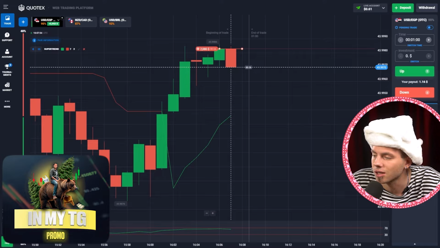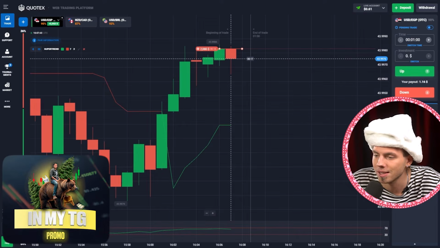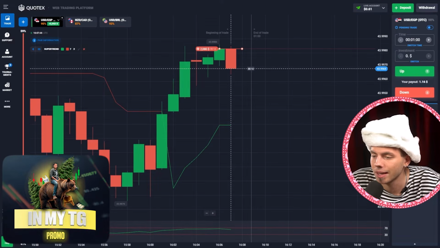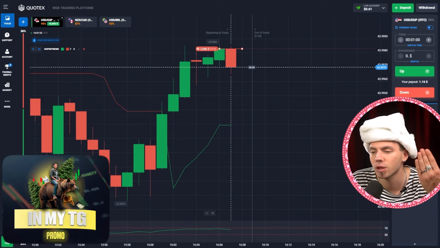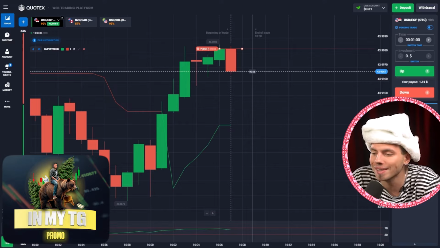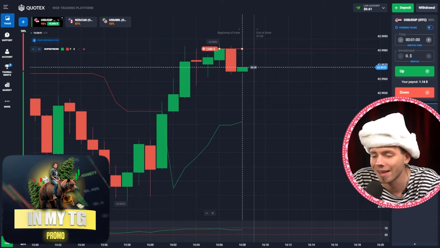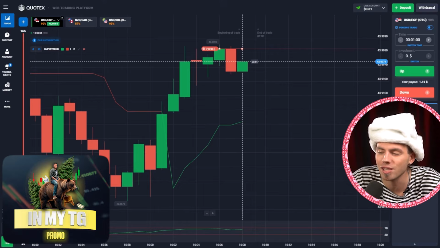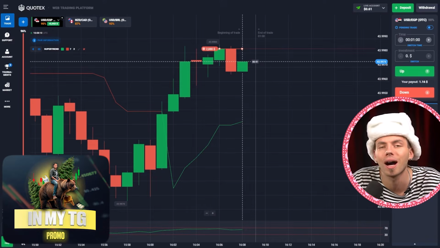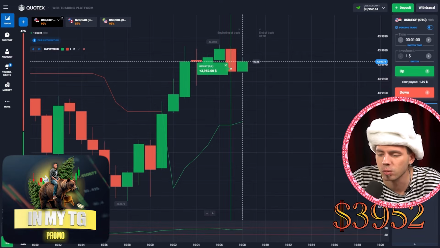So the oscillator is close to the overbought as well, if you take a look at the RSI indicator. Here we can already see the price is strongly oscillating. Well, that's the normal behavior when the price is about to reverse from going up to going down. So all these indicators are worth considering when you want to make good profits, guys. And before moving on to trading, make sure you understand how these indicators work, because once you know how they work, they will definitely help you out in all situations. Yes, we got a trade close,